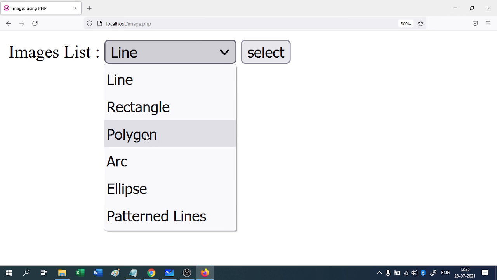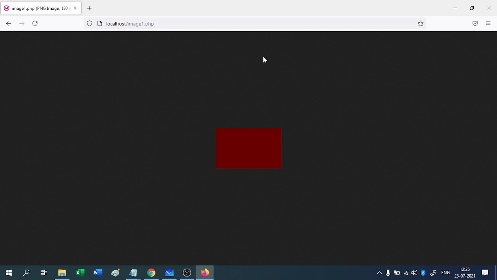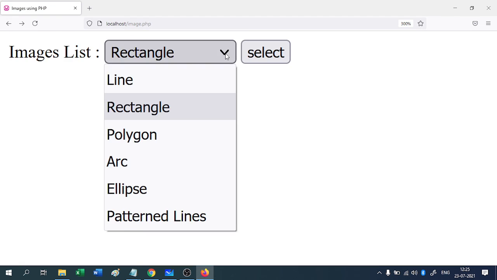Suppose I select rectangle, then press the select button. This one creates the rectangle. The next one is polygon.